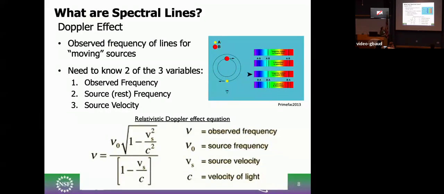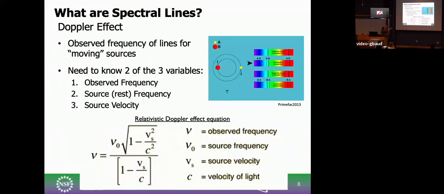So you need to know 2 of the 3 variables that are unknown here. We know the speed of light, so it's the other 3 that you need to know 2 out of the 3 variables in order to solve for the third. So for example, if you know what the rest frequency is of your source and you know your source velocity,